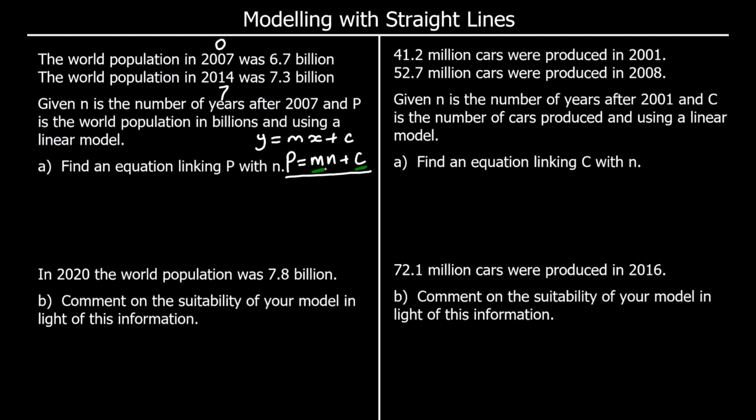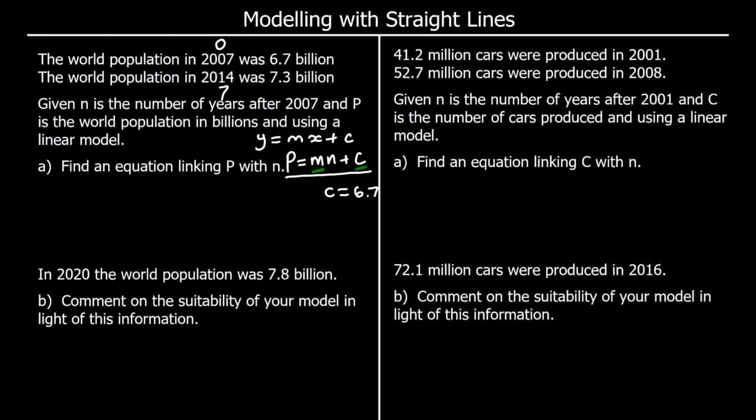c is the y-intercept. That's when x equals 0. And we know what the population is when n equals 0. It's 6.7. So c is going to be 6.7. Let's just make a note of that. And we find m, the gradient, by doing, it's usually the change in y over the